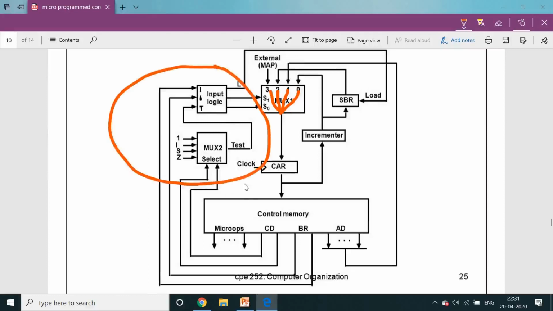In the previous case, I already showed how this multiplexer works. Without any input logic, we just gave the multiplexer control signal. In this case, we provide complete information: the input logic bits and the multiplexer selection bits.